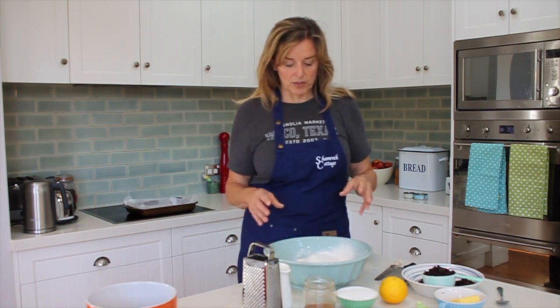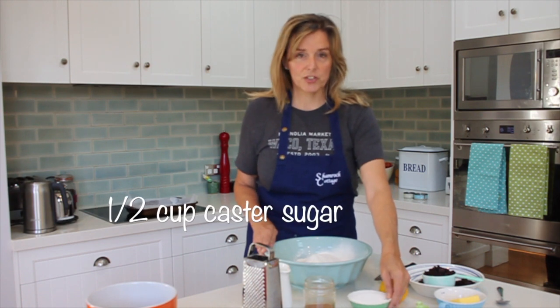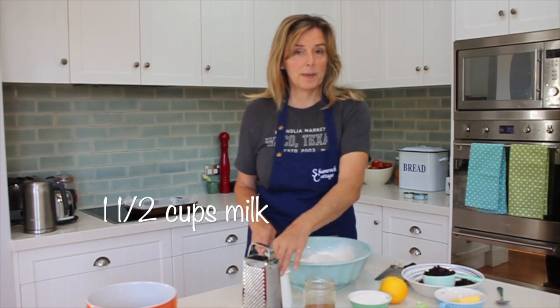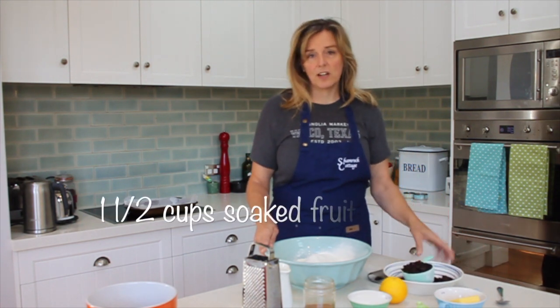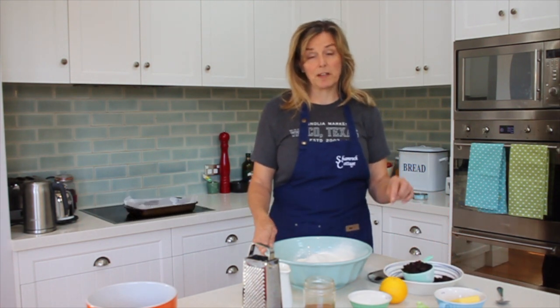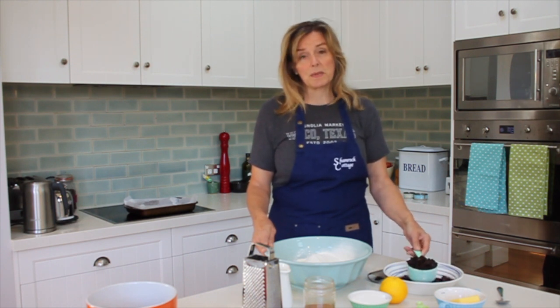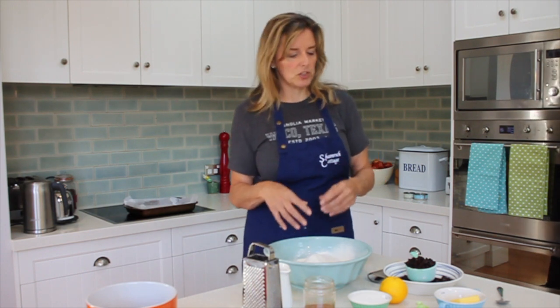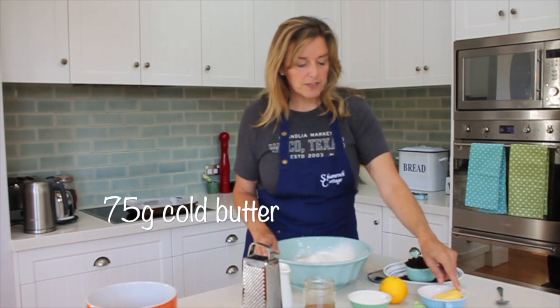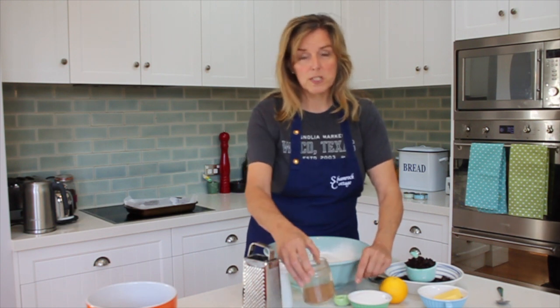I've got 3 cups of self-raising flour, half a cup of caster sugar, about 1.5 cups of milk, and I've got some raisins and currants that I've soaked overnight in a little bit of rum or brandy. You can just soak them in tea if you like, just to get them to absorb and be a bit more plump and juicy. And then I've got 75 grams of butter